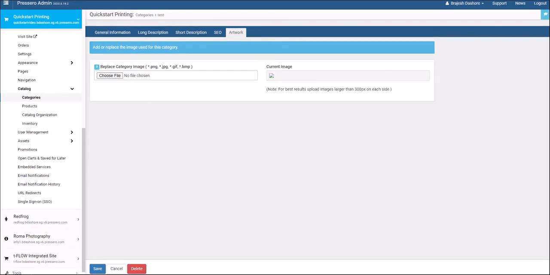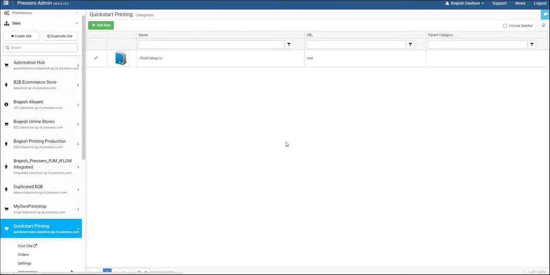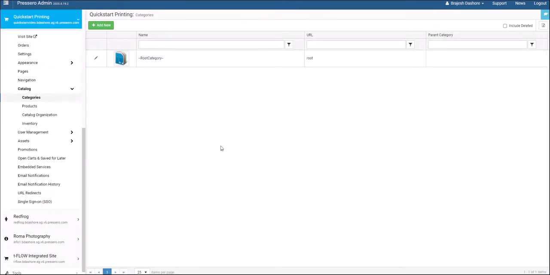Deleting is also done in the editing window by clicking the delete button. To undelete a category, check the box for include deleted at the top right of the categories page. Select the category